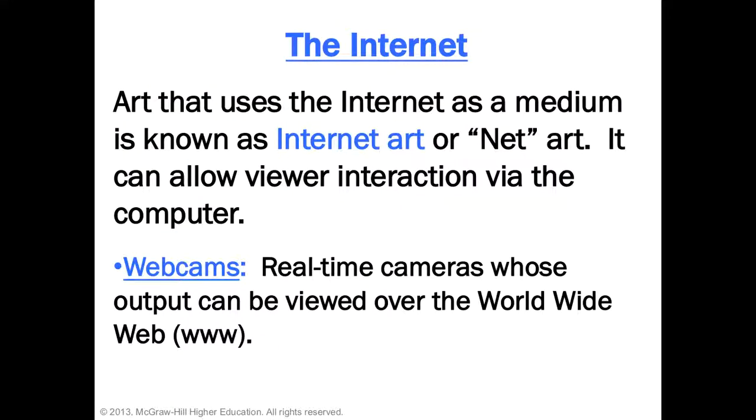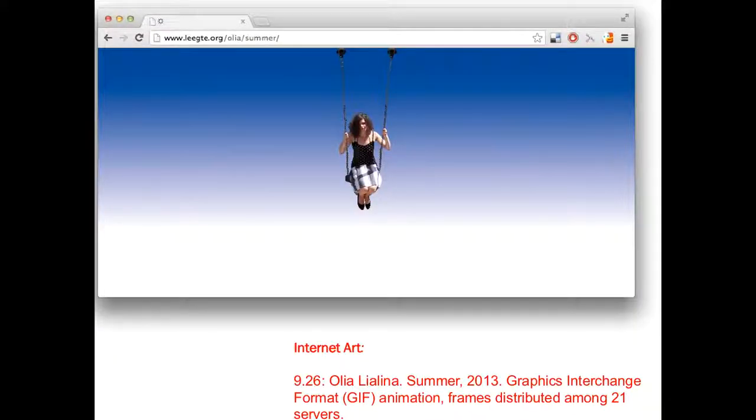All right, internet is another type of net art. I'm not going to get too into that because there's not much about this on any of our quizzes, but a lot of people are experimenting, and there's a few examples in the book. This is one, Olia Lialina. I have a hard time with her name. You can actually log on to this link up here if you wish to and take a look at that. But she is playing around with the medium, and there's no ground here. She's done some manipulation here.